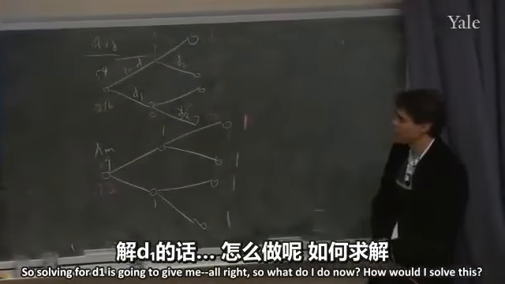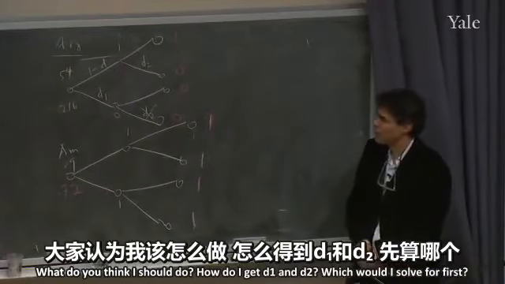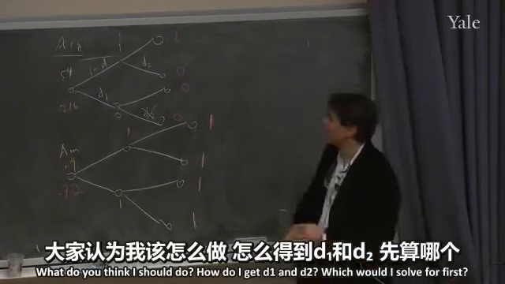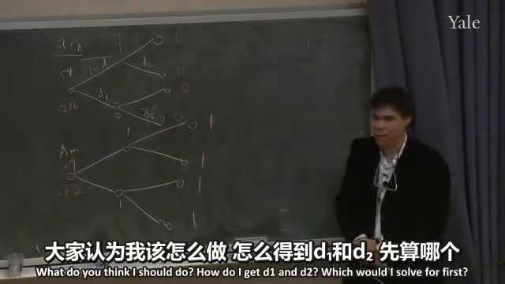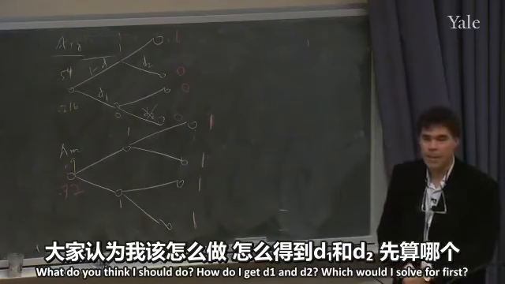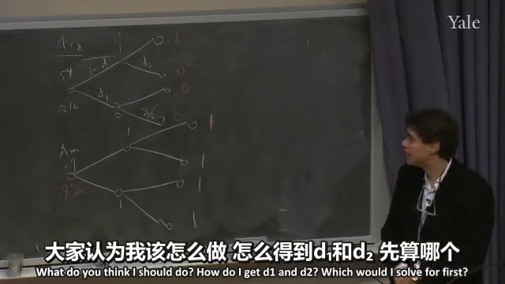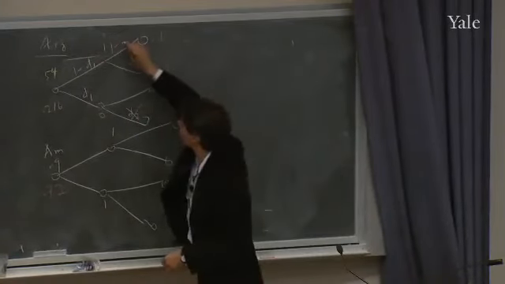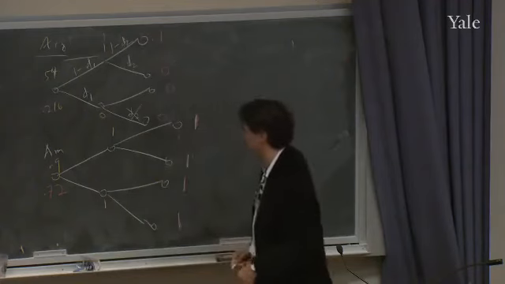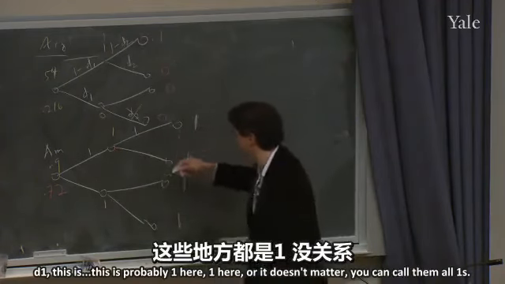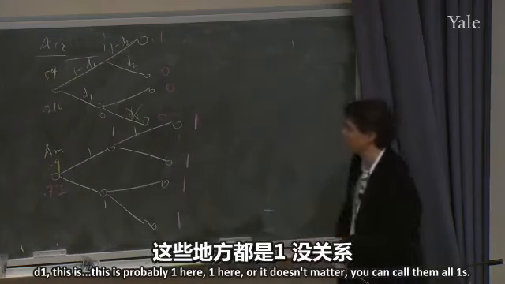How would I solve this? What do you think I should do? How do I get D1 and D2? Which would I solve for first? For D1,